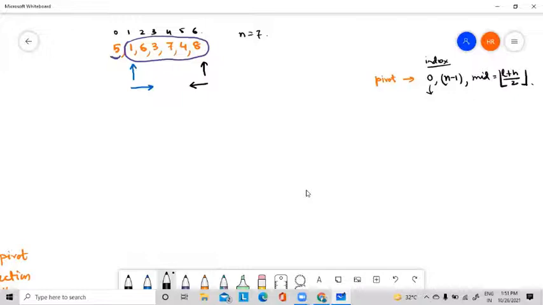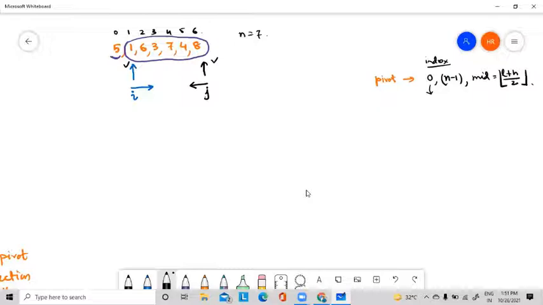Okay, because to put the pivot in its proper position, we require all the smaller elements on this side and all the larger elements on this side. That's why I am using different movements. One will start from this side and move towards this. One will start from the end and move towards this. So we require two different index values. Suppose this one is I and suppose this one is J.